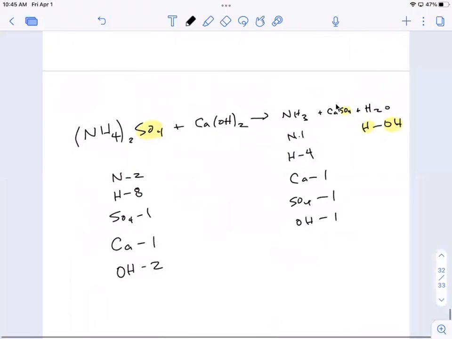Okay. Everybody see that? So 1 nitrogen, 4 hydrogens because it's NH3, and then 1 from the water, so that makes 4. And then 1 calcium, 1 sulfate, and then the OH from the water makes 1 OH. Is that okay? Yeah. All right, let's balance the